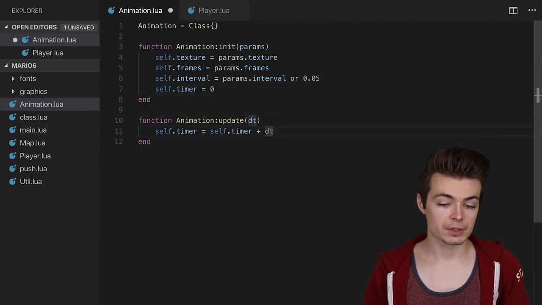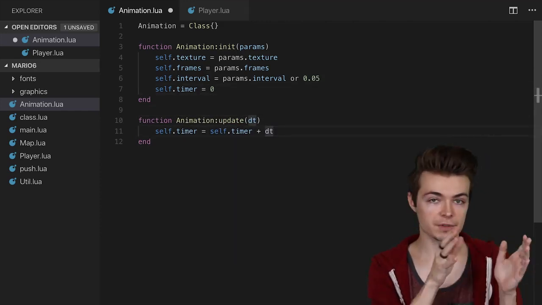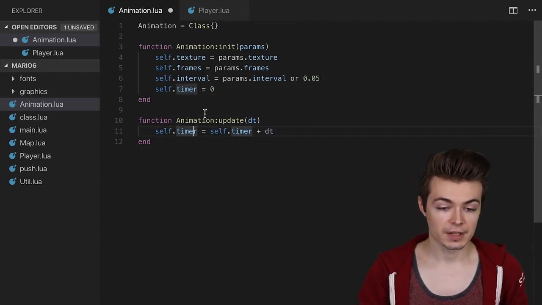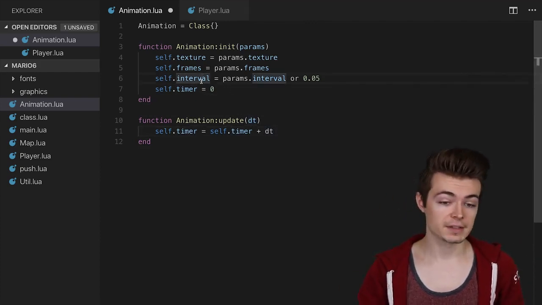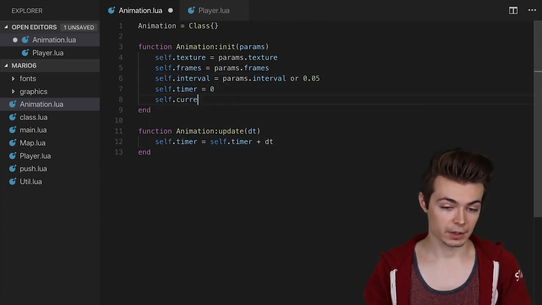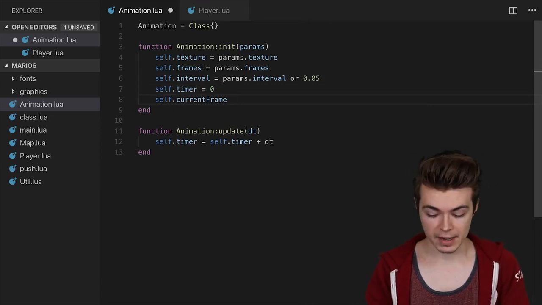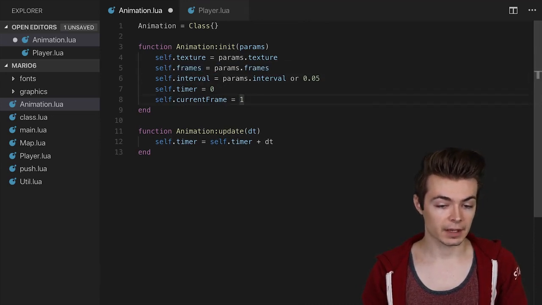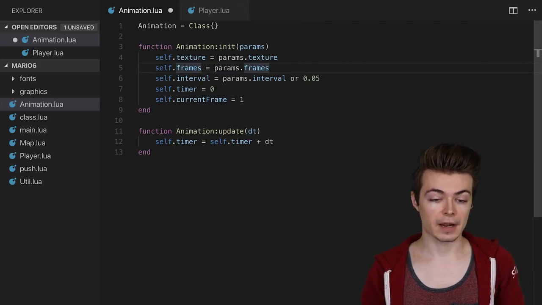And what we're going to do pretty soon is, as we get delta time incremented onto our timer, all we have to do is check to see whether the timer is greater than the interval. And if that's the case, well, then the current frame is going to need to be set to the next value. And accordingly, we need to have a self.currentFrame. By default, that's going to be 1. And so this frames table here is essentially going to be reliant on this self.currentFrame. This will be the index into which we get the current frame from